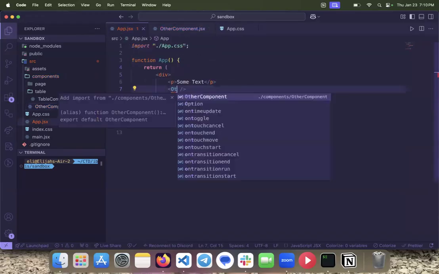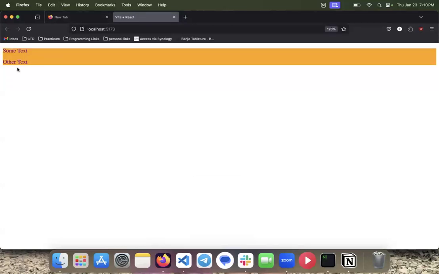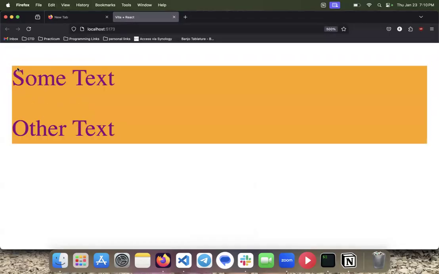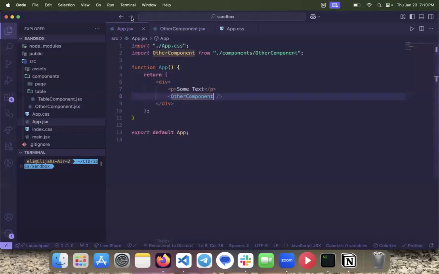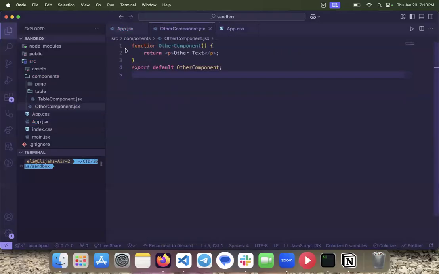Now, if I try to use OtherComponent in here, we're going to see that the text on both of these is purple. Can zoom in a little bit so it's obvious, but this is purple, at least on my screen, because the property that we apply in our app.css, even though that is not imported by this component,